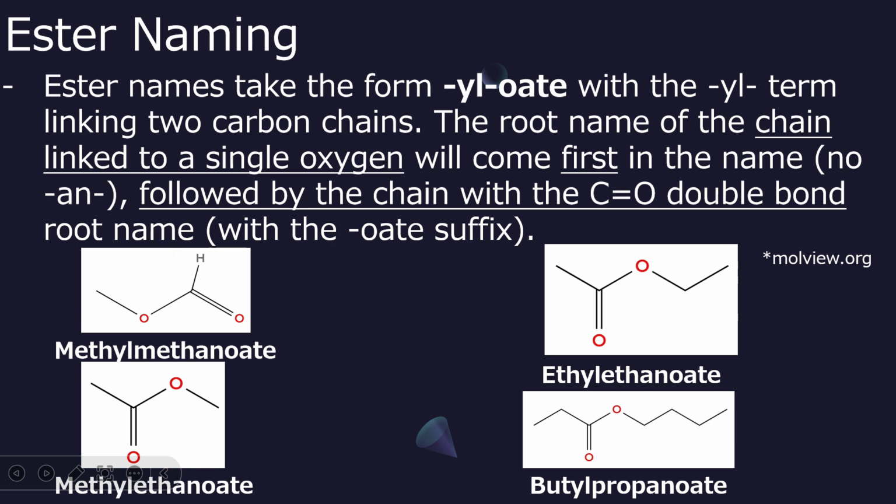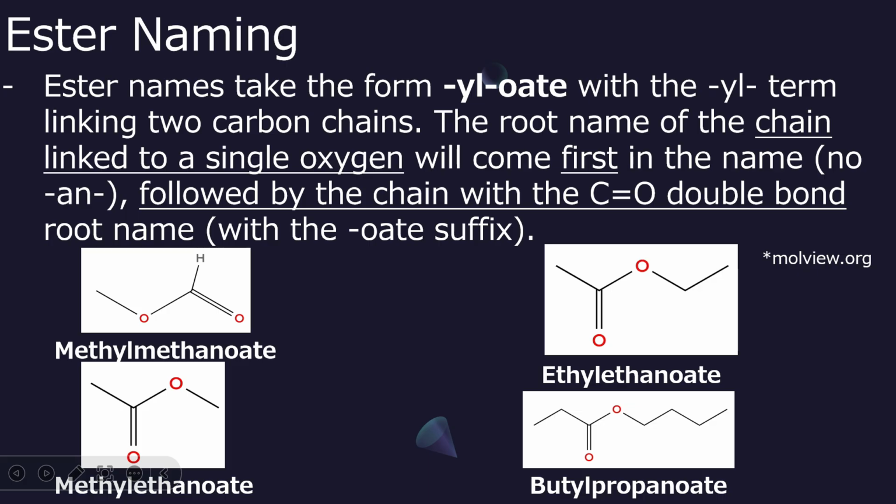Underneath that, what if we had a 2 carbon chain that has a double bonded oxygen? That's going to be methyl ethanoate. Okay, the second part became 2 carbons long with the carbon-oxygen double bond, so ethanoate instead of methanoate. Another example, top right then, now we have 2 carbons on both sides, both through the single oxygen link and with the oxygen-carbon double bond. So this is ethyl ethanoate,